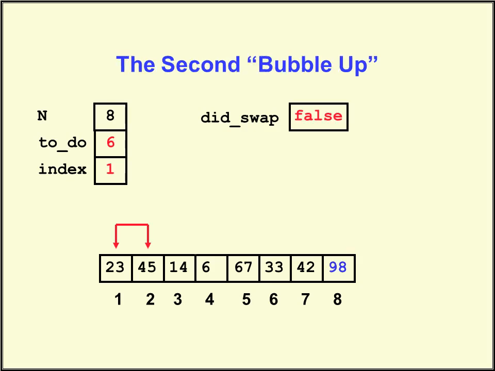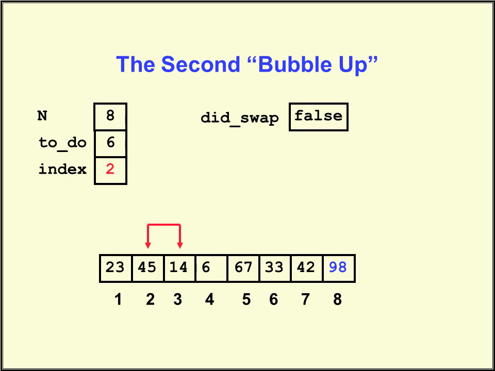After the completion of the first pass, we do the second pass. In the second pass we have to perform 6 swappings, because 98 is already placed at the correct position, that is highlighted in blue color. So we again start the comparison from the first index value. So we start the comparison from 23. In 23 and 45, 23 is less than 45, so no swapping will occur, and the index values remain the same.